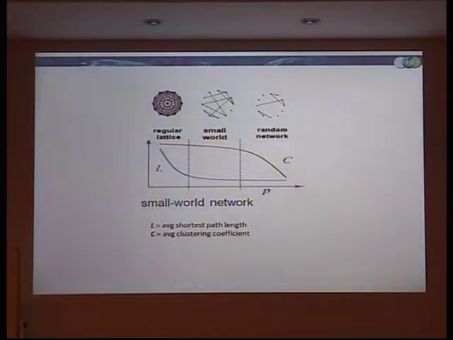And if no one's connected to anyone, the clustering coefficient is 0. So in a random network, the clustering coefficient is low, because there are not many connections there. And the path length is also low, because as we saw in the previous slide, if you put in a few random lines, you reduce the number of steps it takes to get to the next person. So that's the right-hand side of that graph. The path length is low, and the clustering coefficient is coming down depending on the number of connections.